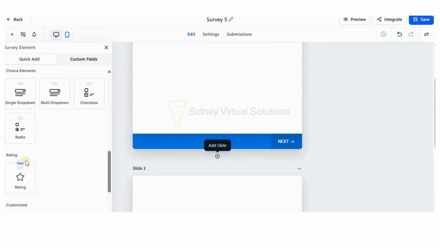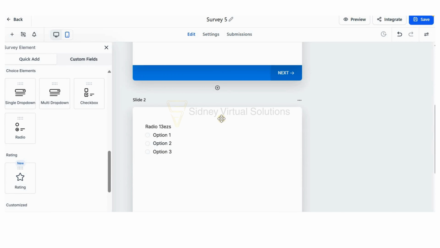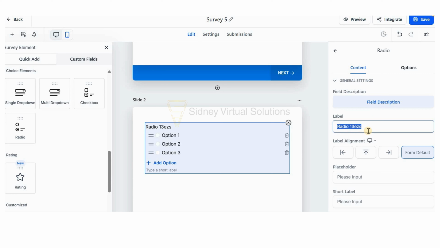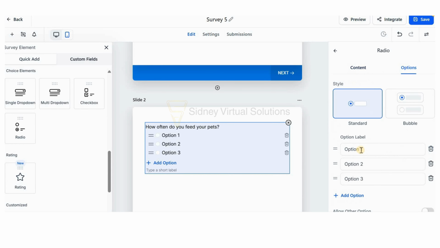Now for the second question, let's have another question: how often do you feed your pet? And you say every day, three times a day, once a day while your pet is on a diet, twice a day, or like,